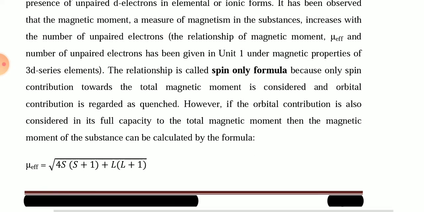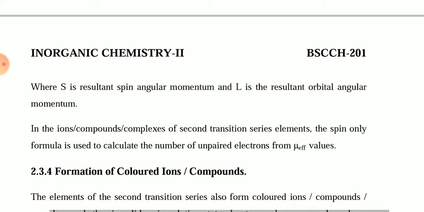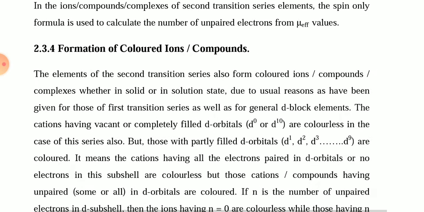The spin only formula can be applied, and you can calculate the magnetic moment for any atom. Okay, so the next is the formation of colored ion compounds. As you know, the transition elements show color for their compounds. So here you can see